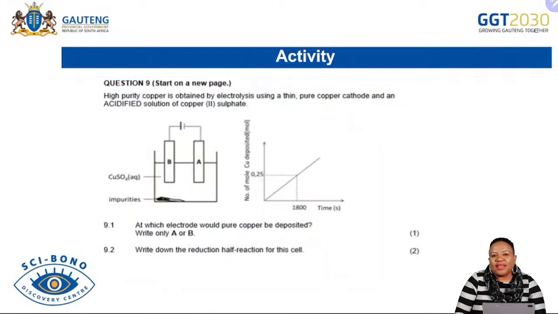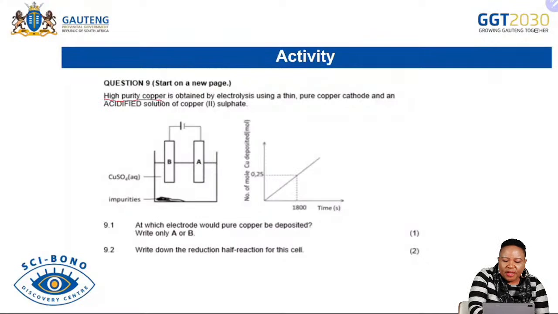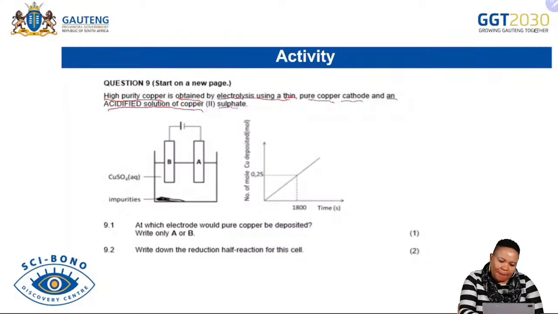Now let's look at this other activity. We have high purity copper obtained by electrolysis using a thin pure copper cathode and an acidified solution of copper sulfate. Now we are looking at the purification of copper. Remember, in terms of the purification of copper, you also need to remember where you are going to connect the impure copper and where the pure copper will be formed. And also you need to remember that you need the ions of copper that will undergo reduction